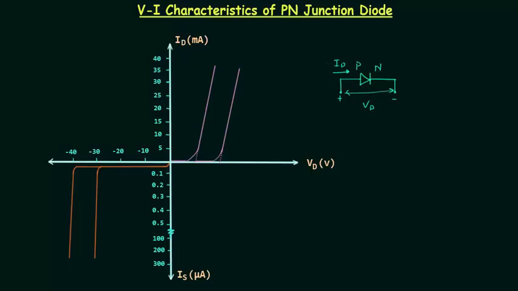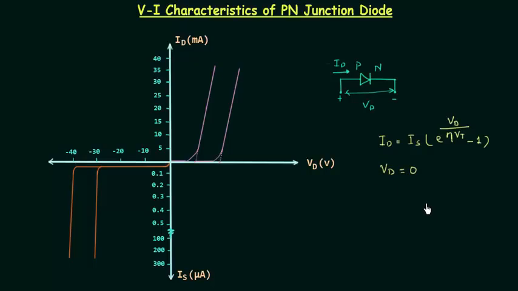Now from the diode current relation, ID is equal to IS, where IS is the reverse saturation current, times, in brackets, e raised to the power VD divided by eta VT, where eta is the ideality factor, minus 1. This is the equation of diode current, and let us consider the condition in which VD is equal to 0,